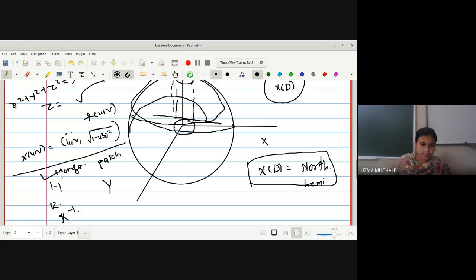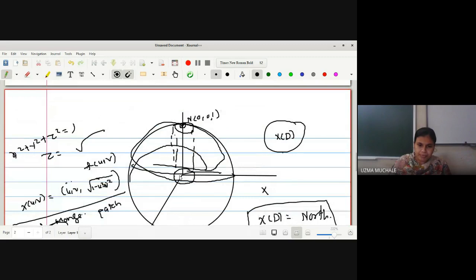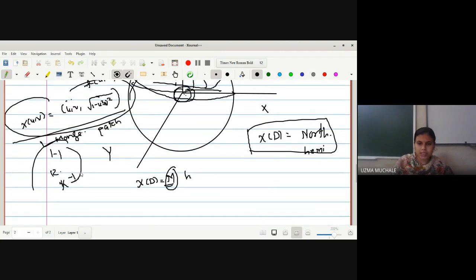Okay, so it is a Monge as well as a proper patch. So what remains, x of D will be equal to M or not? Because here, instead of considering M, we can consider the northern hemisphere, because whatever we considered, we proved for the northern hemisphere. For every point in the xy plane you can find the image, and this x of uv will be working for a whole hemisphere. Okay, and then we can now say that this will be an example of a simple surface.